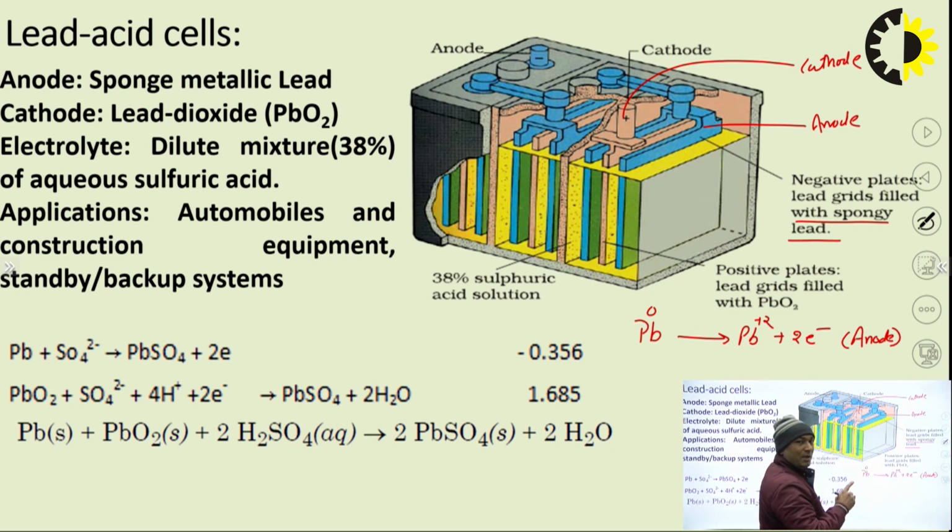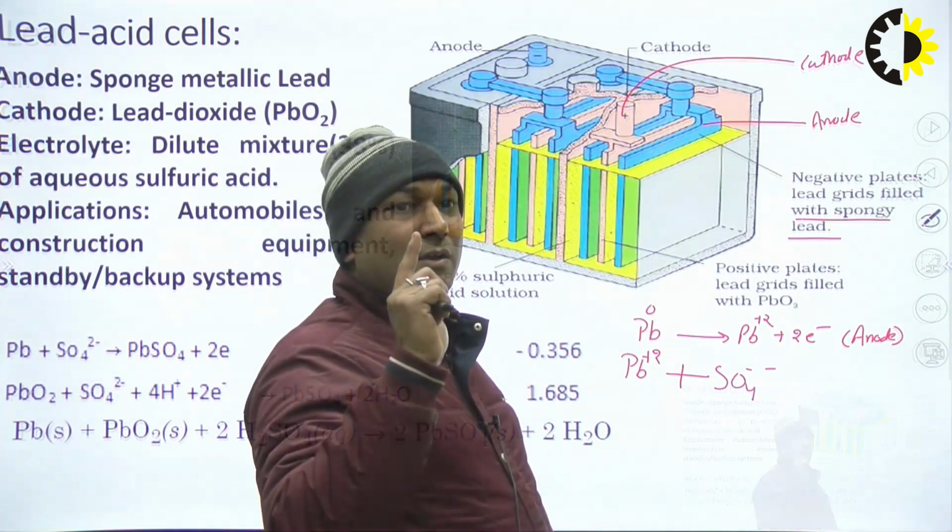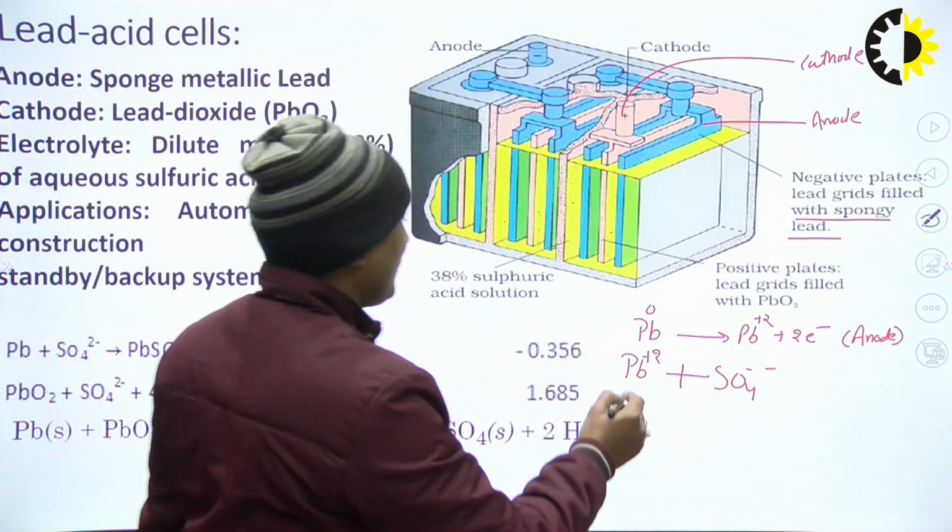This Pb is converted into Pb+2, this plumbous ion, which is interacting with sulfate ions of H2SO4. You all know H2SO4 has 2 hydrogen atoms and 1 sulfate ion. But in 2H2SO4 we have 4 hydrogen atoms and 2 sulfate ions. One sulfate ion